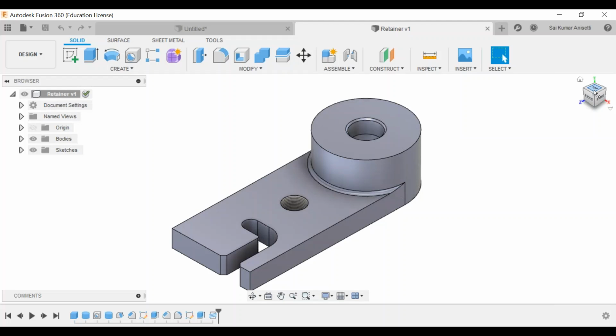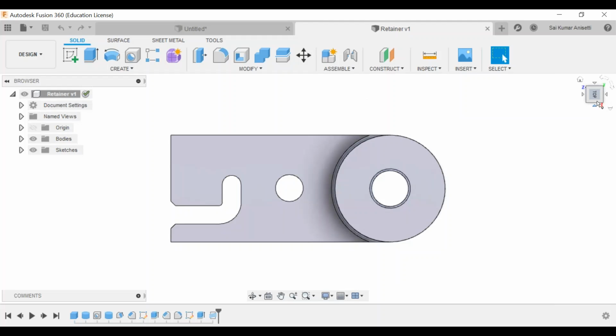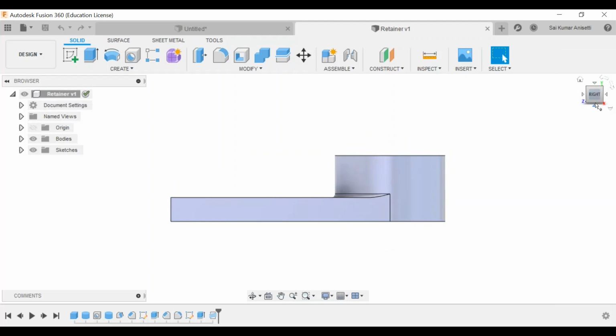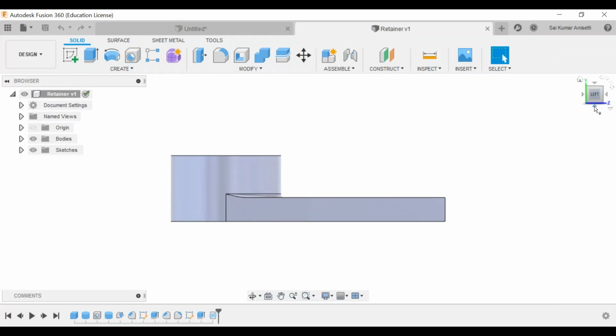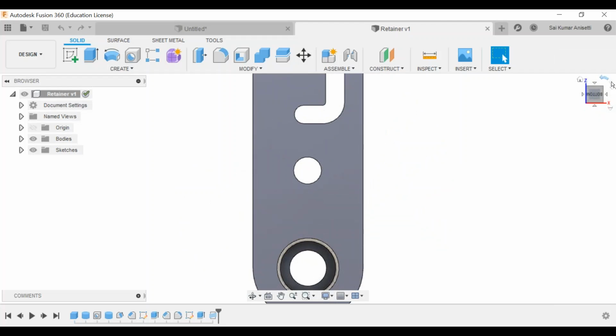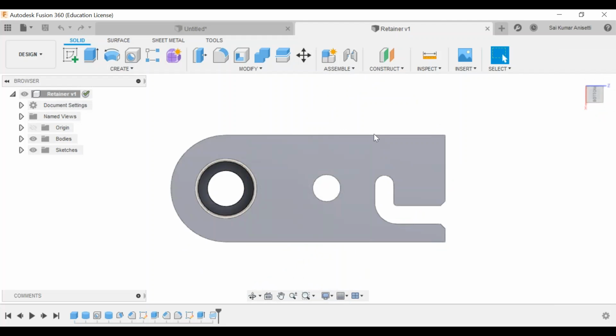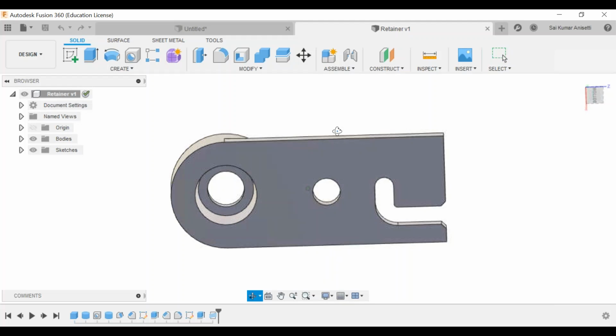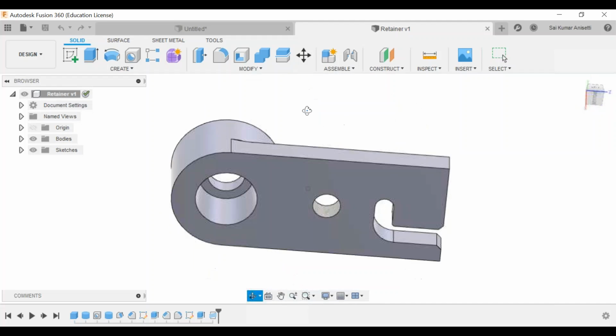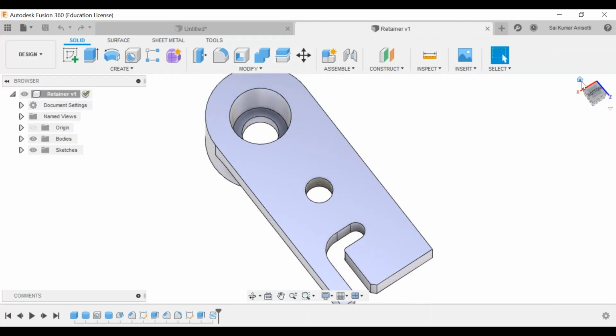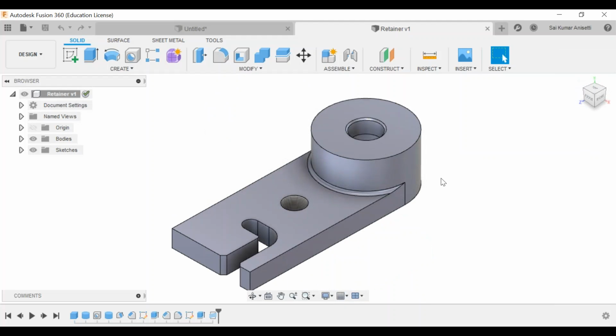Now, if you want to go directly to your top view, control it with your view cube only. At the top right corner you have top, click the top, right? If you want to rotate, there are small arrows to control your cube. It is the same as your die. If you want to rotate it to the back side, front side, flip it, you can do whatever you want. You can control the view directly with this cube, or else you can rotate it and check it. Now, to come back into your home isometric view, just click home.